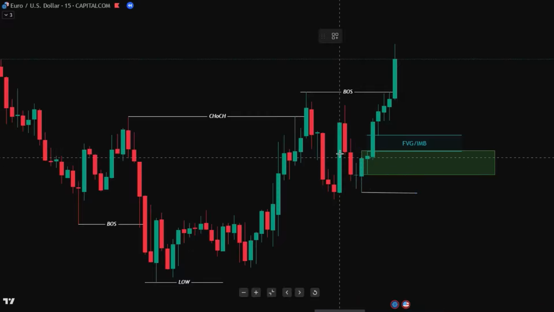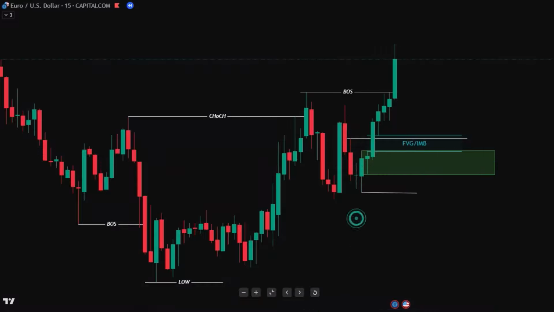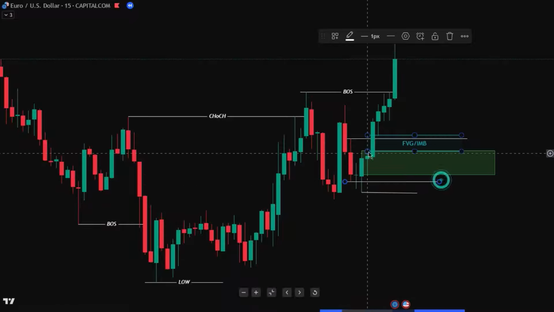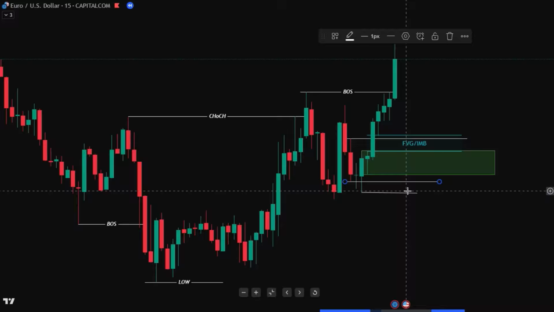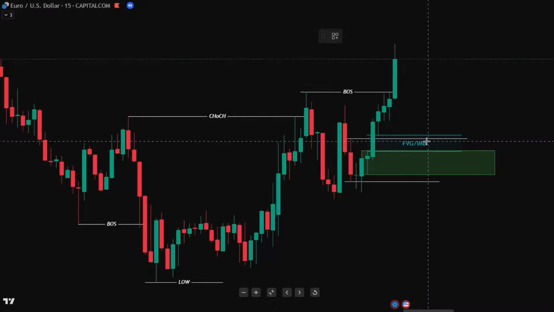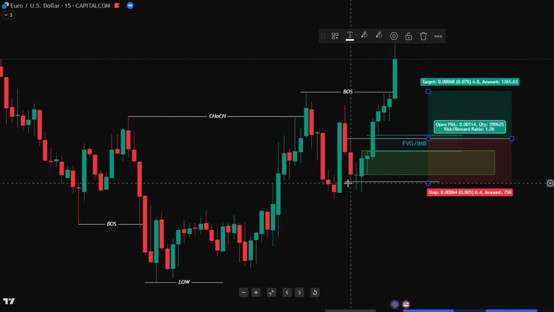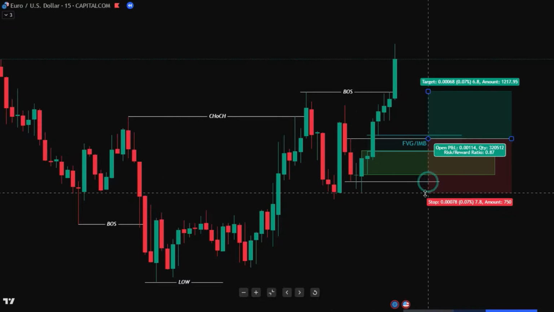So we are going to see that this is another candle, this one closes above our demand candle high, and this candle low also closes below our demand candle low. So this is why we are interested in placing a trade exactly at this candle's highest point. Our entry will be executed here, and you can keep the stop loss exactly at this candle low,